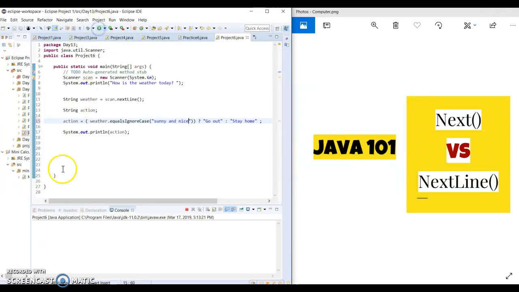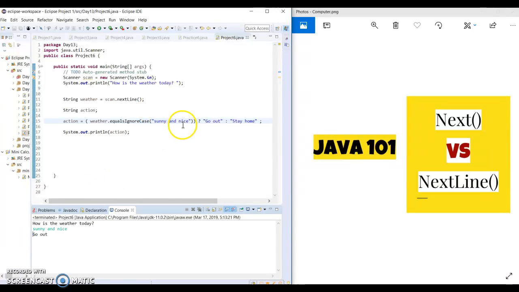So now let's run it. How's the weather? Is sunny and nice. It says go out. But let's change it to the previous version, which was just sunny, and I want to